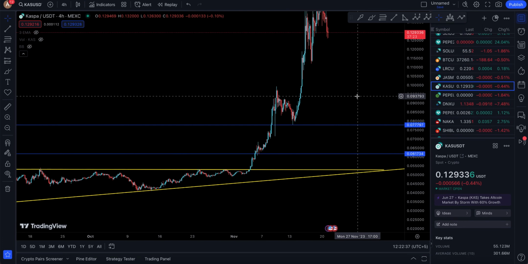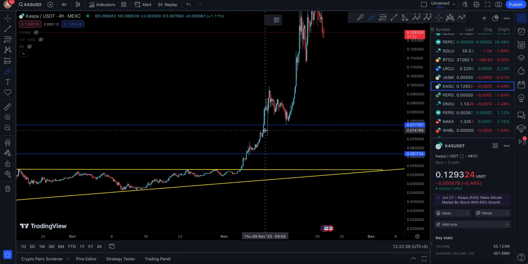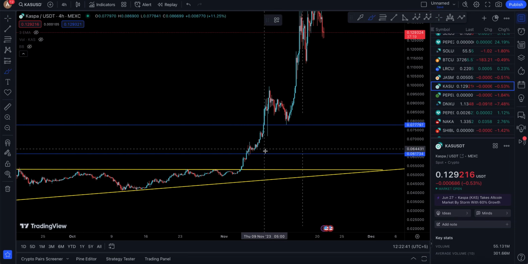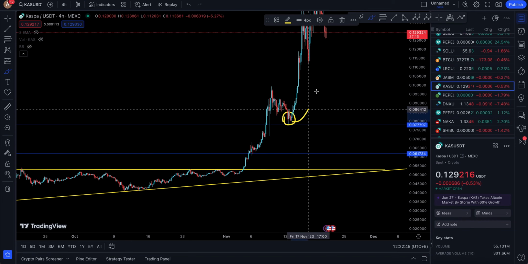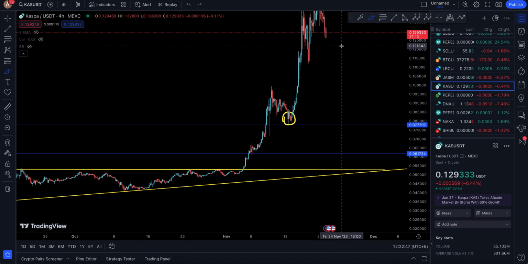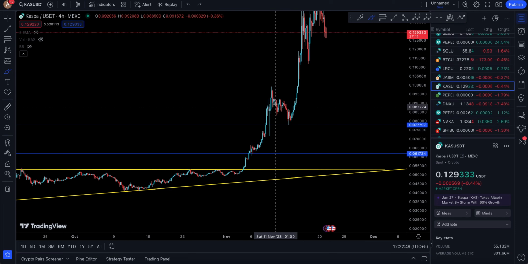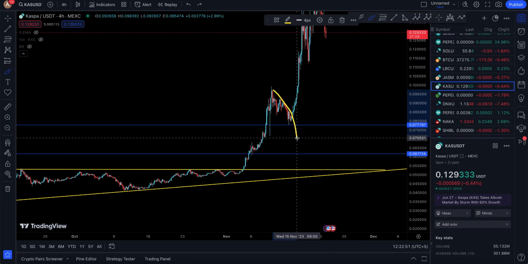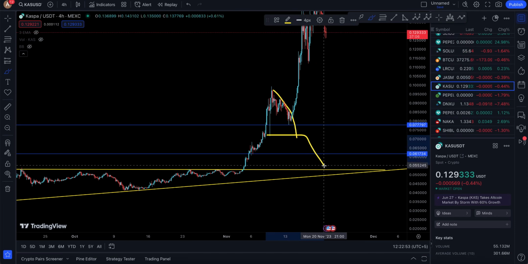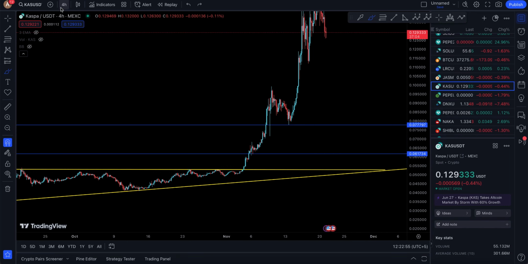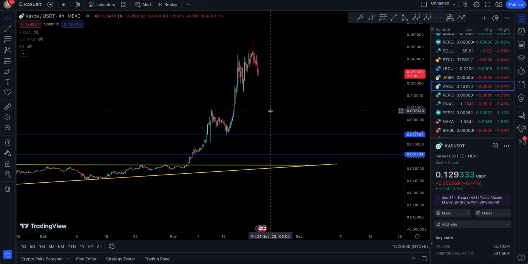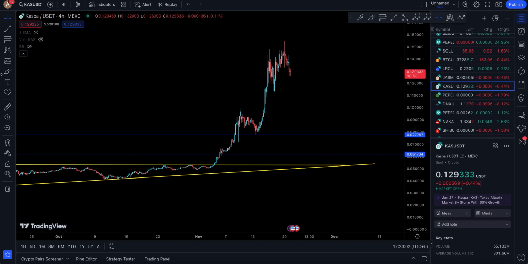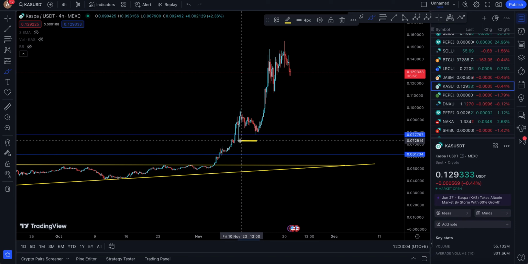Okay, so let's remove this one down there, and let's get back into the chart itself. Back in history, when I was making the updates, I was looking to give you this one technical target at 0.077. This one actually got met, and this is where you probably pushed even higher. But it could have made more sense for this one to come down, take this wick out, and then finally drop down to 0.05. Now I'm going to keep it very simple, and here's what I want to say. The fact that you have this wick here, this wick may be visited in the future, and that's actually a